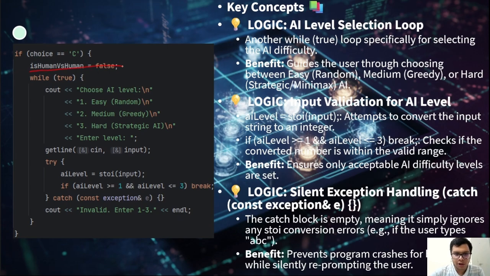is human versus human would obviously be false, because human is not playing against a human, and we declared this variable earlier if you remember. And again we use a while true loop as we would every time to take the input and to manage the wrong input, invalid input. So again it prompts the user to choose the AI level, then we use the getline function, very similar to the previous ones, and a try and catch